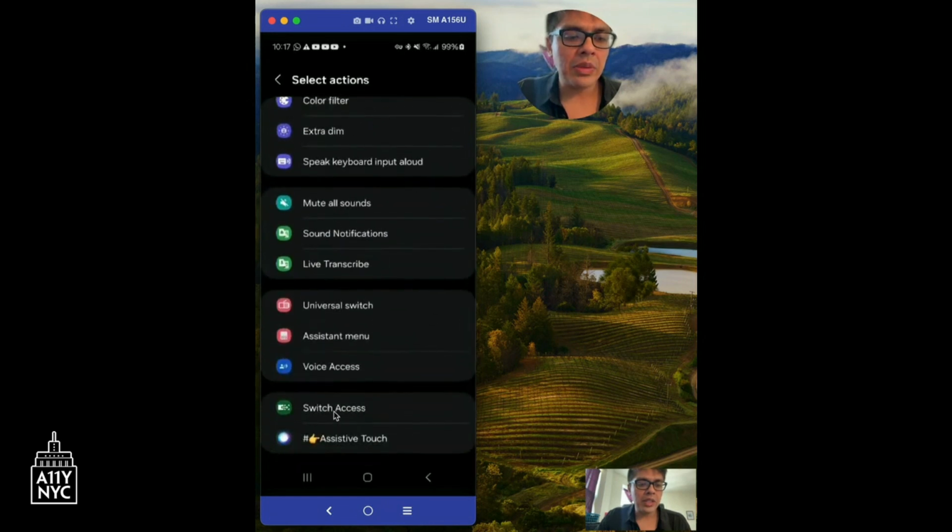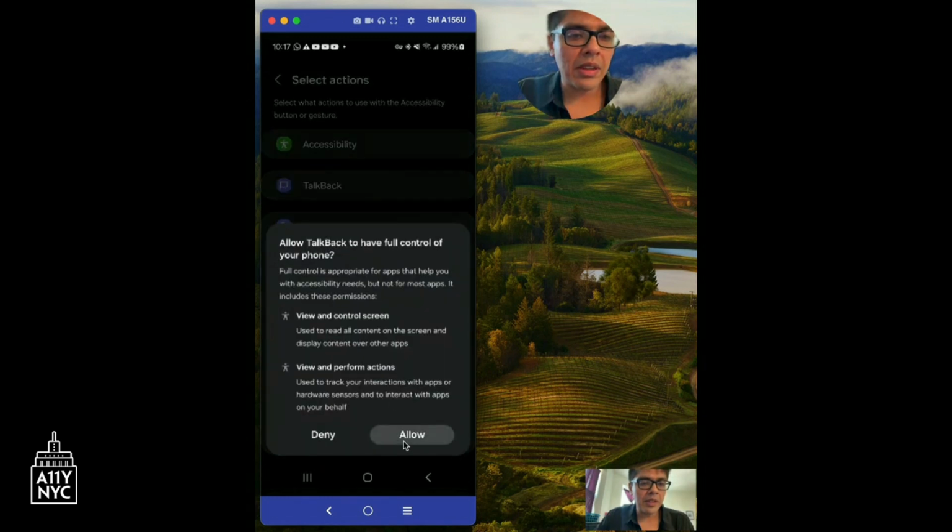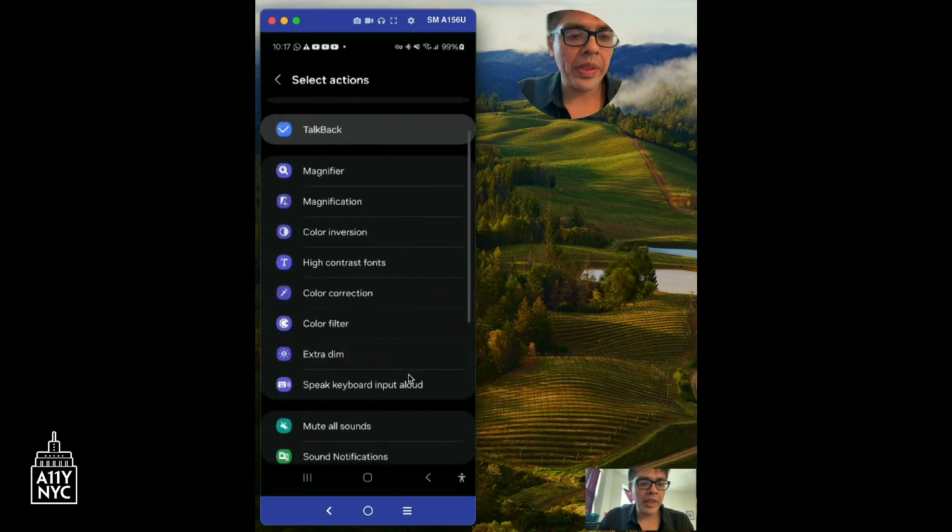As you can see, we have switch access here, which we just installed. We have TalkBack, which is a well-known option, and we have several other ones. So I'm going to set TalkBack on my shortcut menu. You notice by default, there's this little icon on the lower right corner that appears.